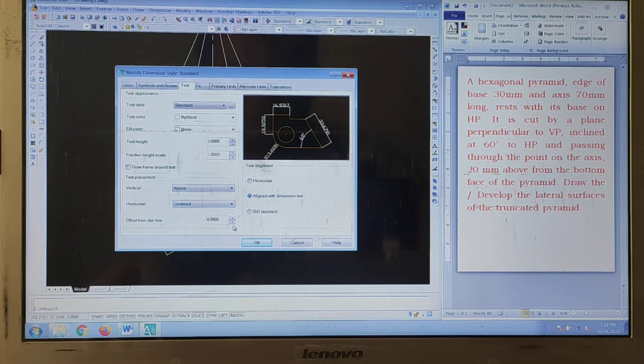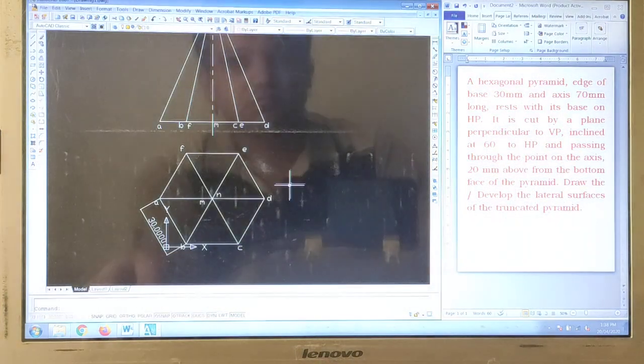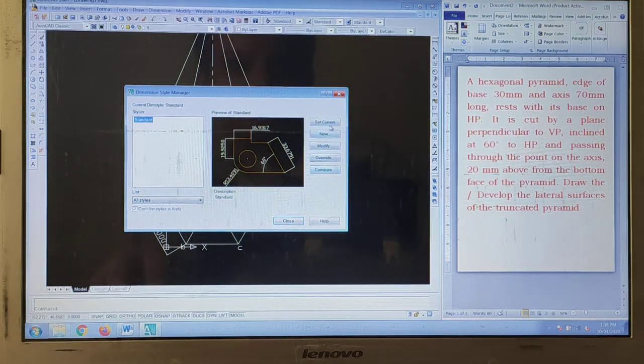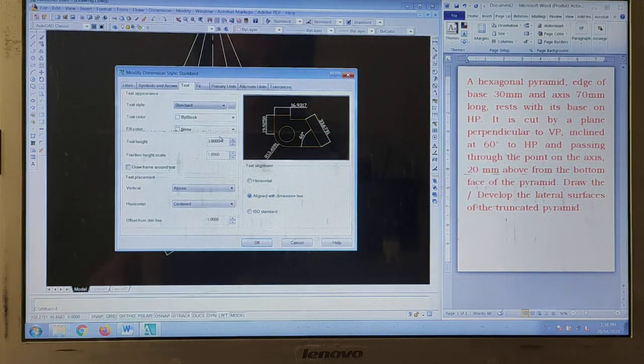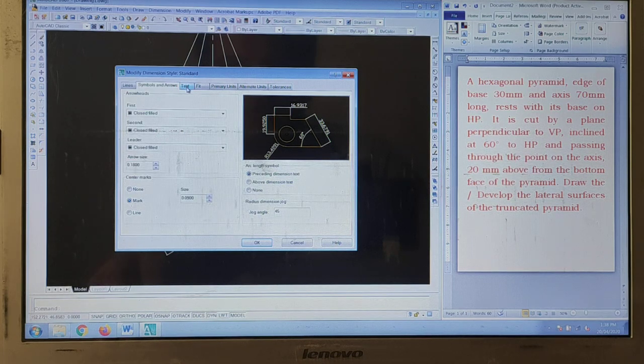Above 1. Okay. Now here these precision points we are not going to consider. So again modify it. So let us see where that precision points are there. Arrow height is also 3.